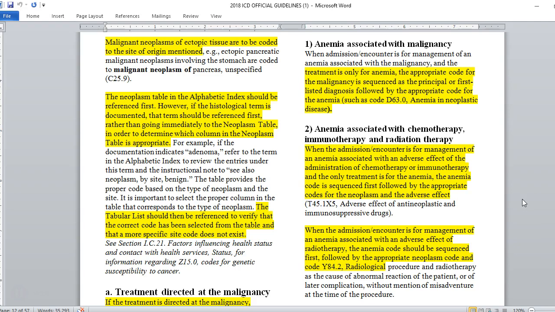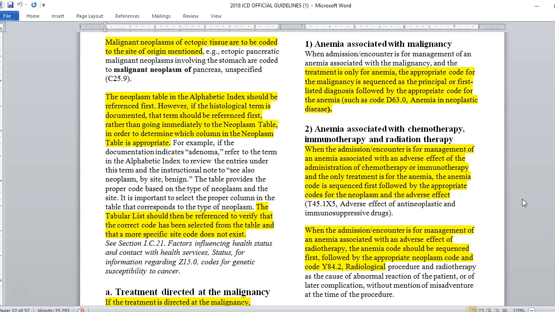So they're telling us, okay, if it's anemia because of the cancer, cancer goes first, then the anemia code. So again, this is where that "due to" comes in. Okay, the anemia is due to what? If it's due to the malignancy, due to the cancer, we're going to sequence it as cancer first,